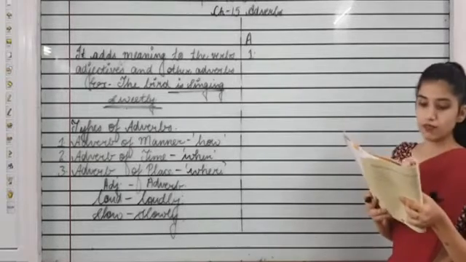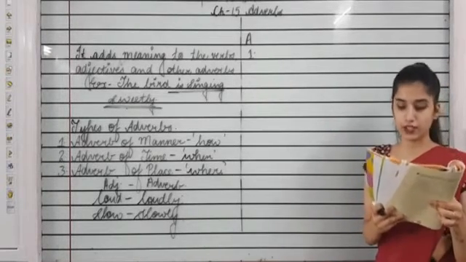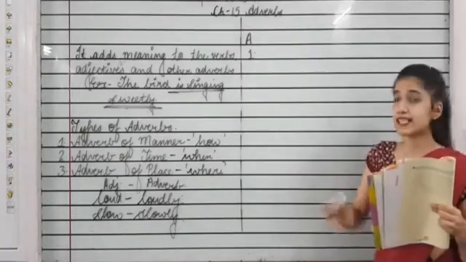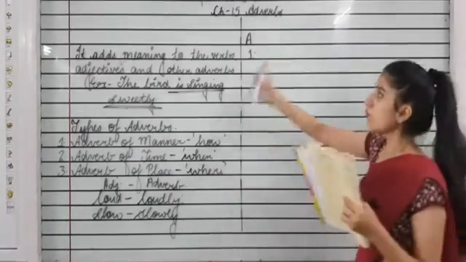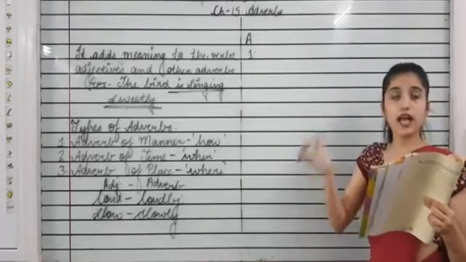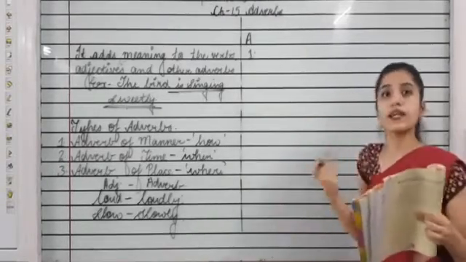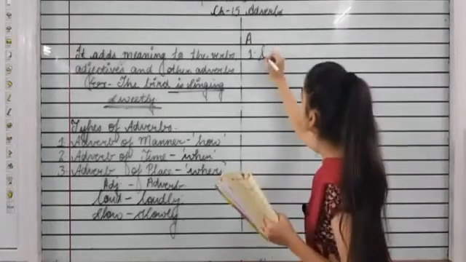So first sentence is the magician shouted dash, and the adjective given to us is loud, which I told you over here. Loud is an adjective and now we have to fill the blank with an adverb. We will just add ly. So the answer for the first one is